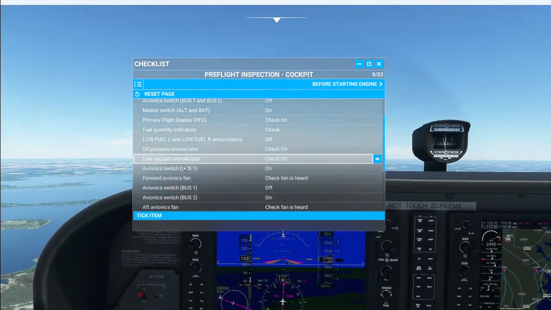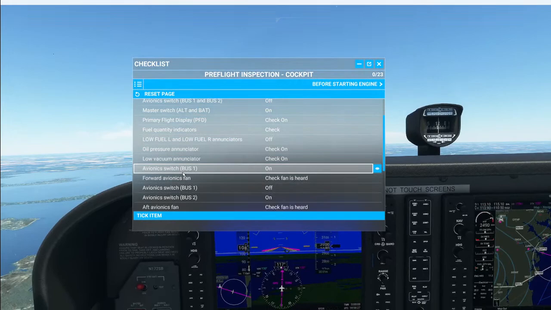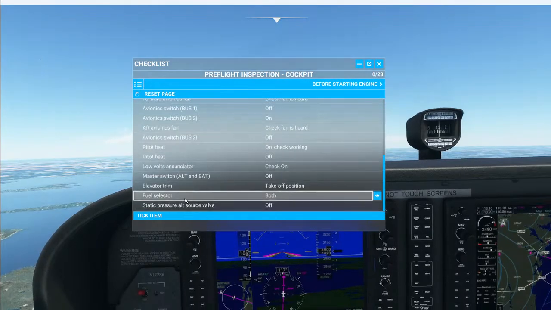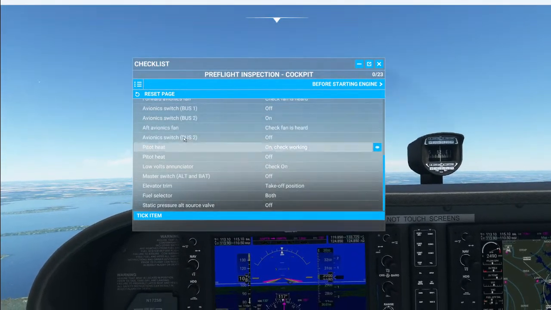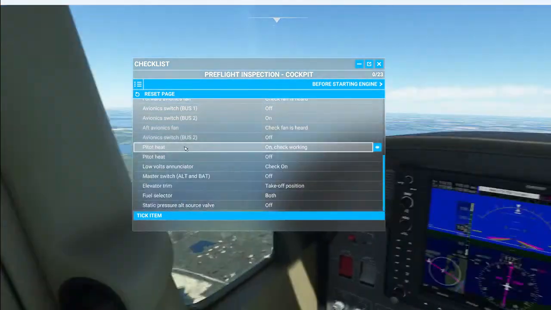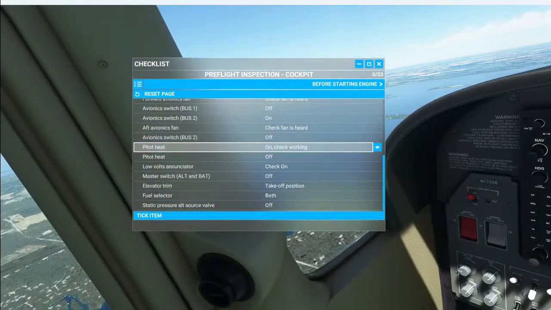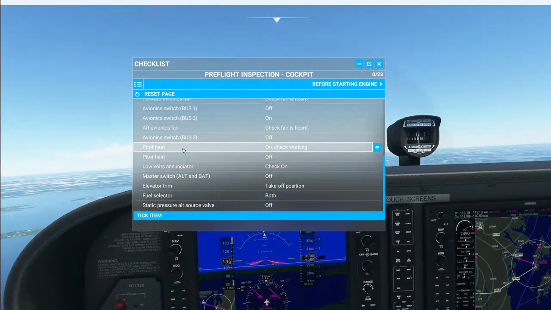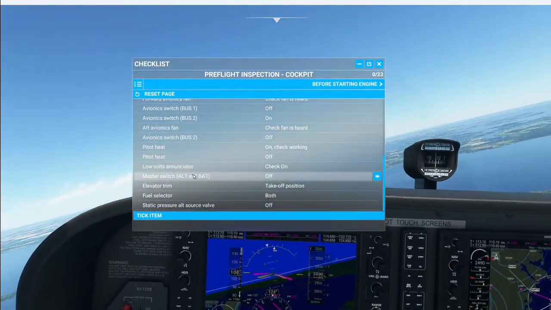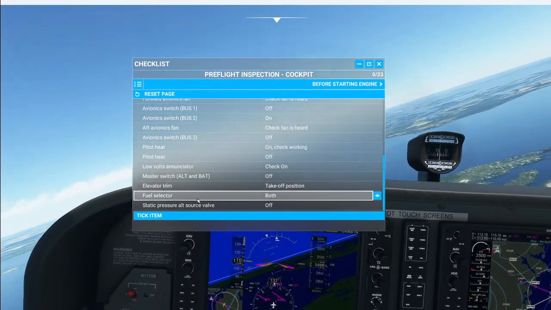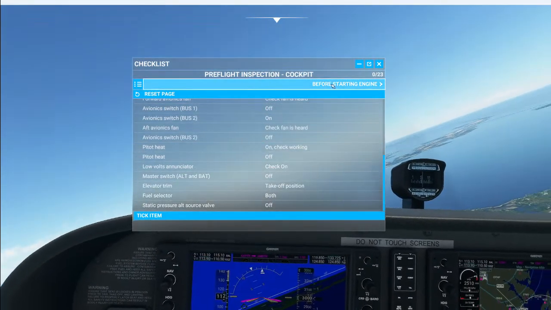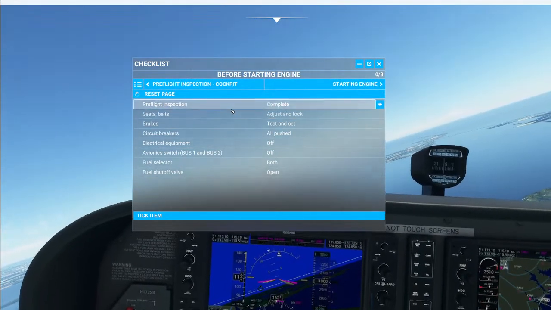Oil pressure, low vacuum annunciator, avionics switch bus 1, forward avionics fan, avionics switch bus 1, bus 2, aft avionics fan, avionics switch bus 2. Pitot heat, low volts annunciator, off, elevator trim, takeoff position, fuel selector, static. All right, so then we go to before starting engine, pre-flight inspection, seat belts,